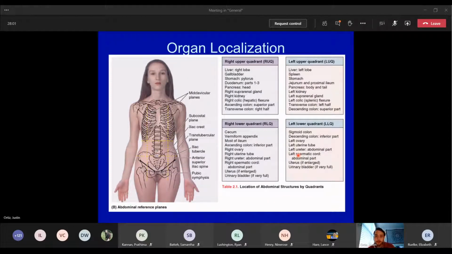Okay, so basically he put all the organs in their own category in regards to the right upper quadrant and left upper quadrant. But on the next upcoming slides, I divided it in what I thought would be high yield. Of course, you can be tested on anything in these columns or in these little boxes, but I pointed out the things that I believe would be the highest yield because everything else kind of just makes sense. When I skip into the slides, you'll see what I'm talking about. I divided it into the 4 different categories, and I highlighted what I believe would be the highest yield. So on this slide, for example,